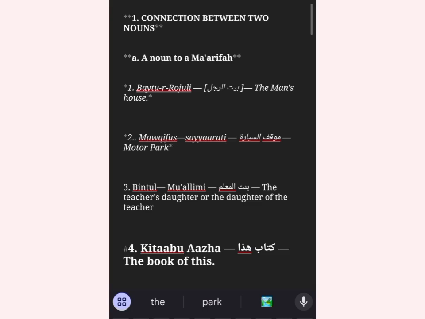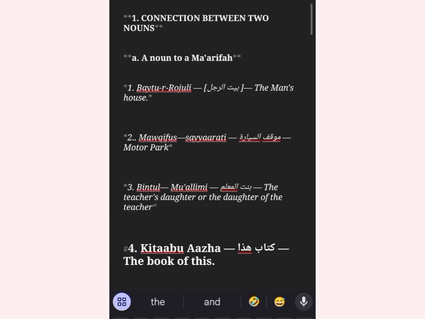So we say موقف السيارة. Taking note that the second part is always معرفة in this case. They're معرفة, they're definite nouns. موقف plus السيارة. So we have موقف السيارة. Number 3, we want to look at how to say